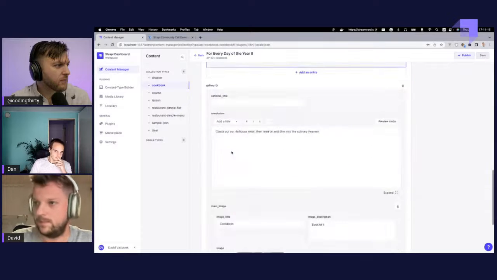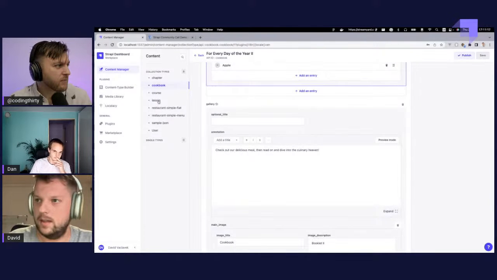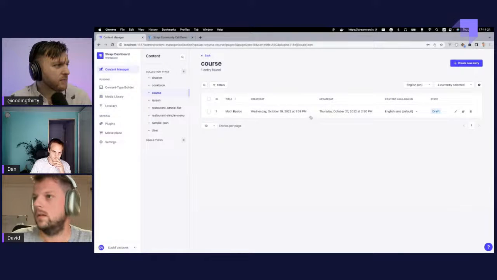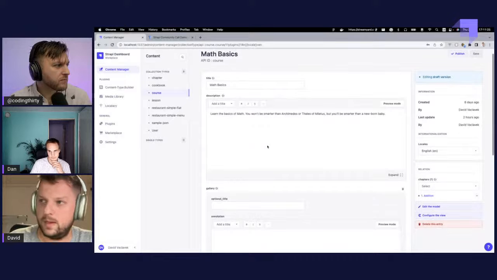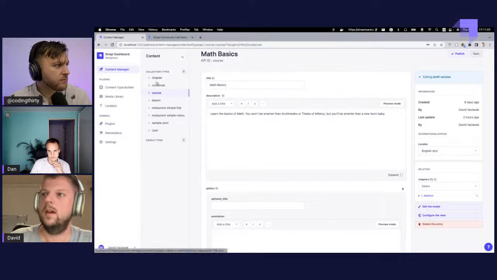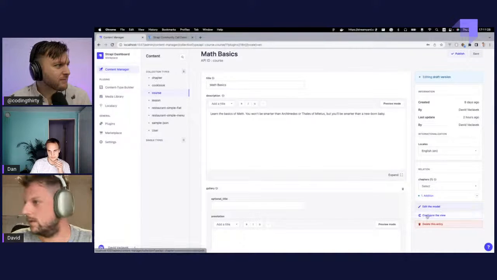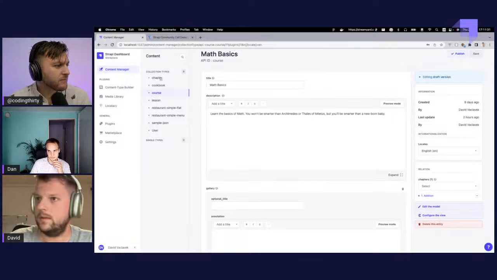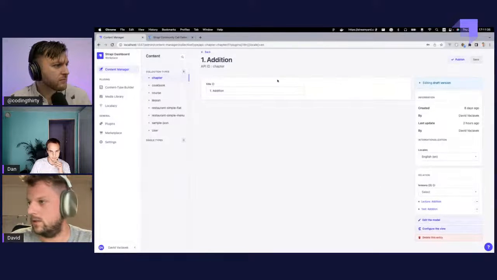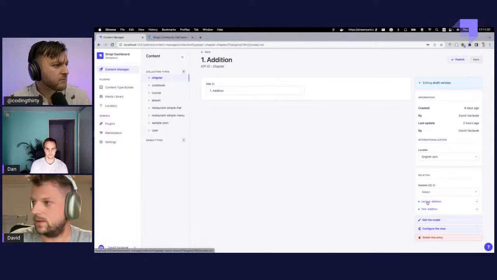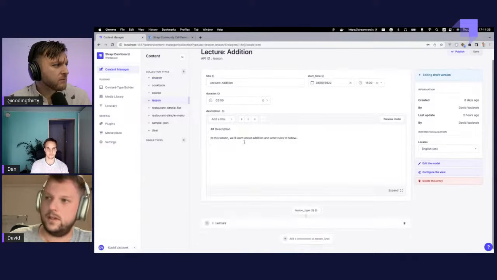There's an amount, unit. Okay, and then there's the second one, which is the course, which is called Math Basics. You can learn the basics of math over here. And that course has 1 chapter, which is addition. And that addition chapter has 2 lectures. Lecture of addition,